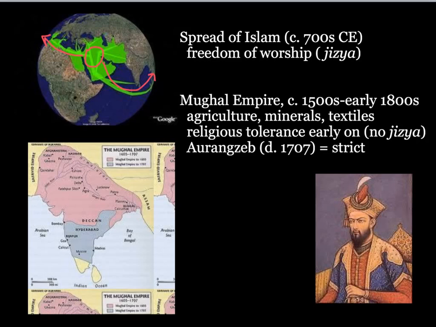As merchants were trading, they brought their religious ideas with them. For the Muslims, they were also expanding an empire as they were engaging in these commercial enterprises. And so the conquest of territory brought about the expansion of Islam as well. For India, Islam is going to basically come in from the north through what we now call Pakistan.